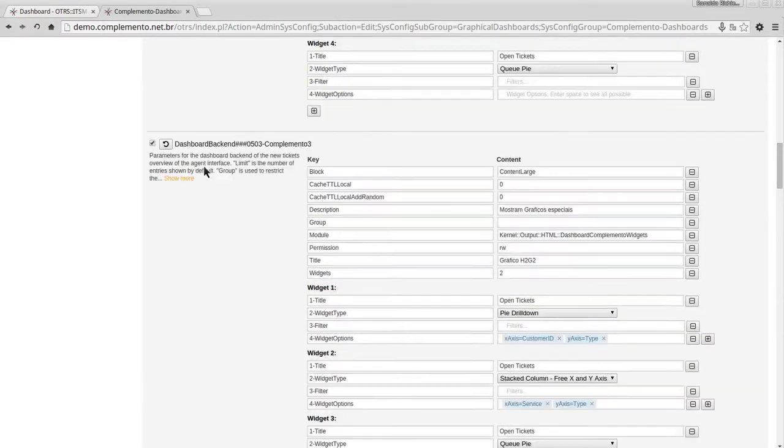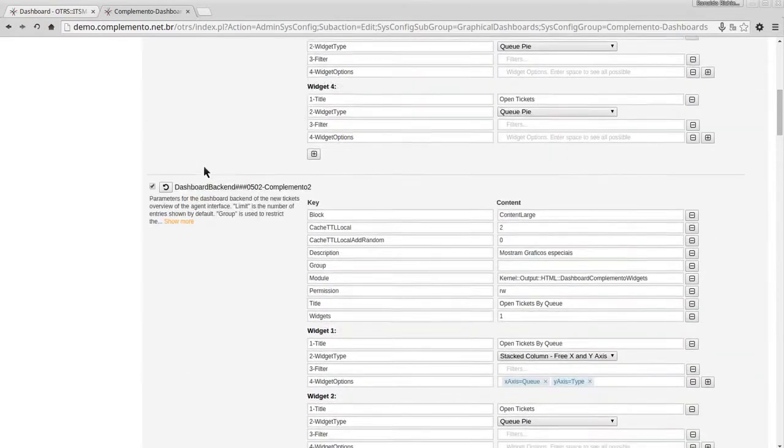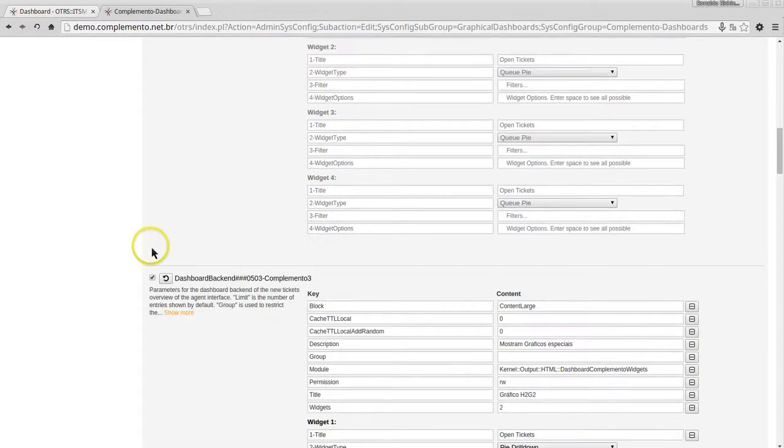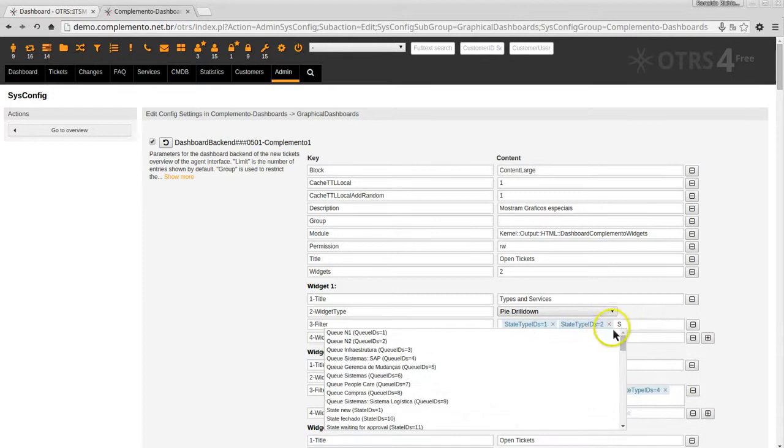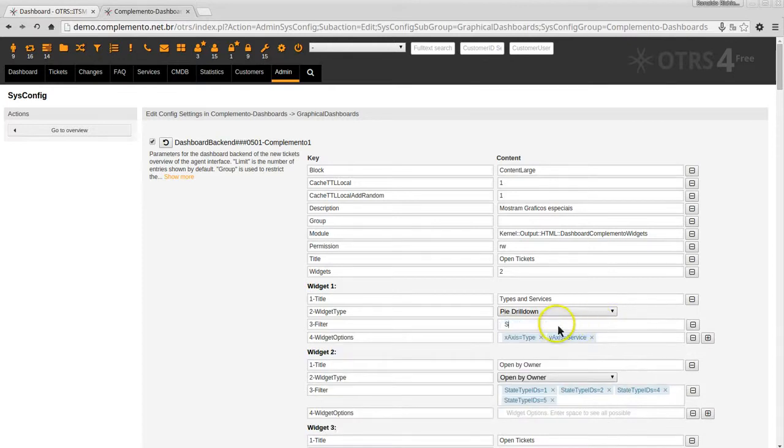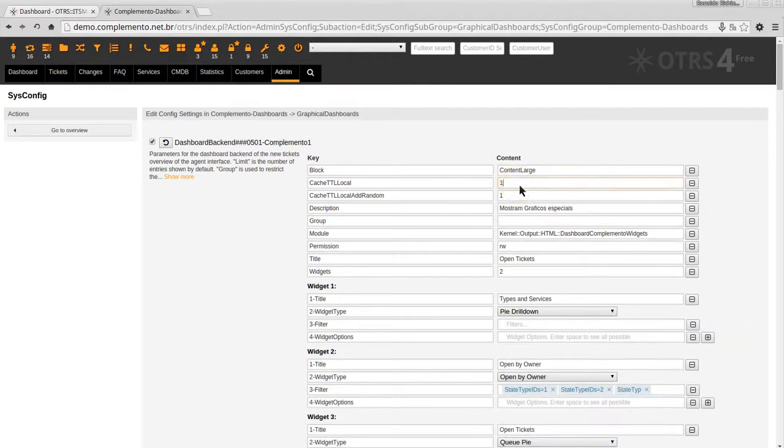Okay. So I will deactivate the others. I will only make this one available, and I will erase all the configurations and make it from scratch, so you can understand how you can work with our dashboards. I will also remove the cache, and we will